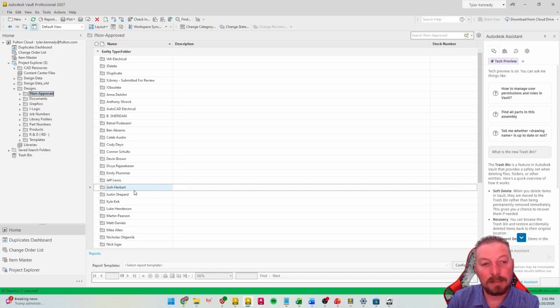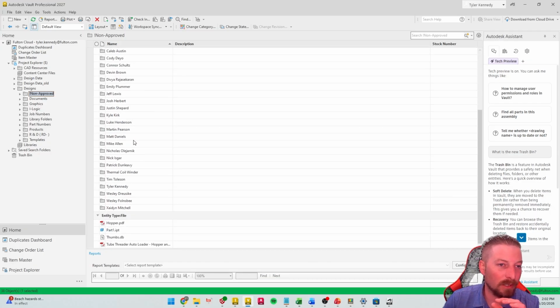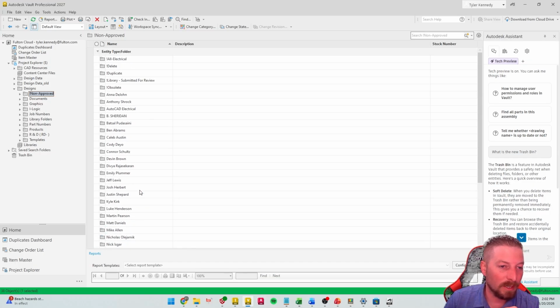Everything else has a place in the Vault, and if you're wondering where it should go, send me a message, or send whoever the CAD manager is, if this is 5 years in the future and I'm not the CAD manager, a message and ask them where it should be. But we should not be stocking this non-approved folder up, and it has grown a little bigger than I would like, but there's also a good reason to have this. There are projects that make sense to go kind of off bar, but I might want to share this with Anthony, or I might want to share this with Nick, so I'm just going to upload it in my